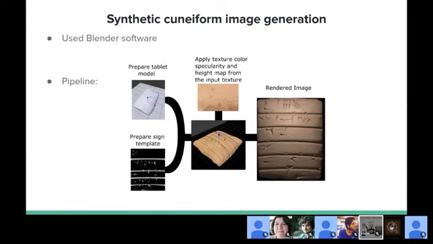And then I prepare a sign template. This will be a black and white image that contains the signs and the lines. It's not a binary image, it's a grayscale image. And now this grayscale image, I apply as an input texture, as a height map texture map, onto the